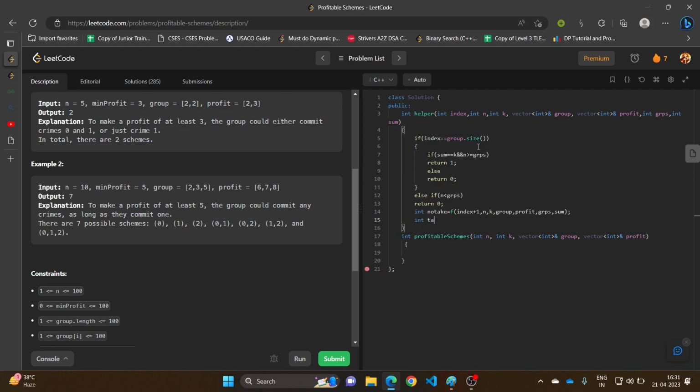if I'm taking, okay, so take function would be something like index plus 1 and then n, k, group and profit, and then finally I have to add the number of groups, so that would be group plus group of index and sum plus profit of index. Okay,